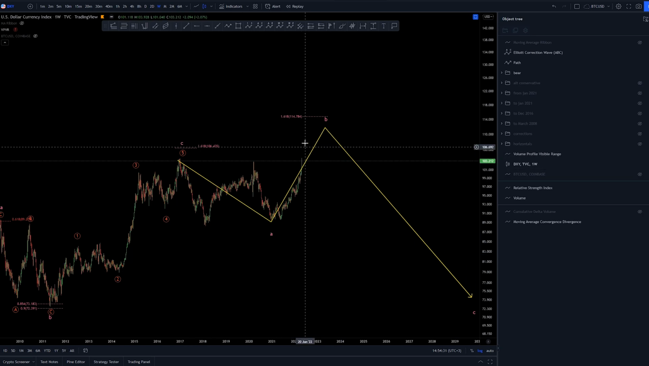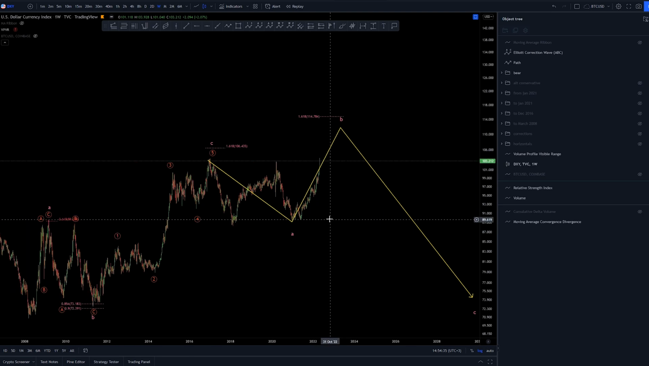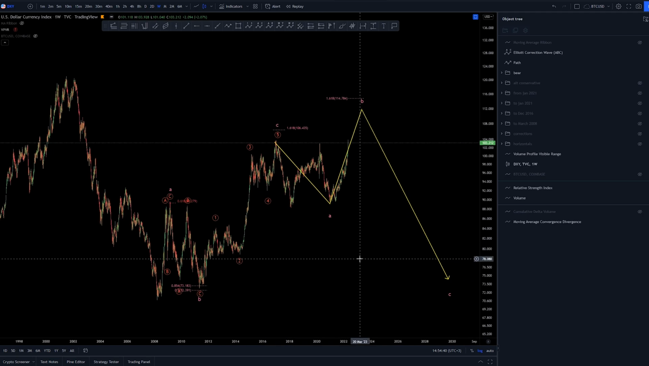I would be expecting higher highs here on DXY on short-term time frame, even up to the end of the year. But yeah, I think that's all I want to share on